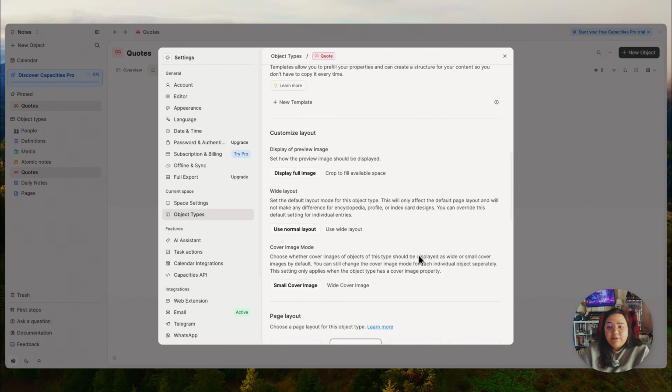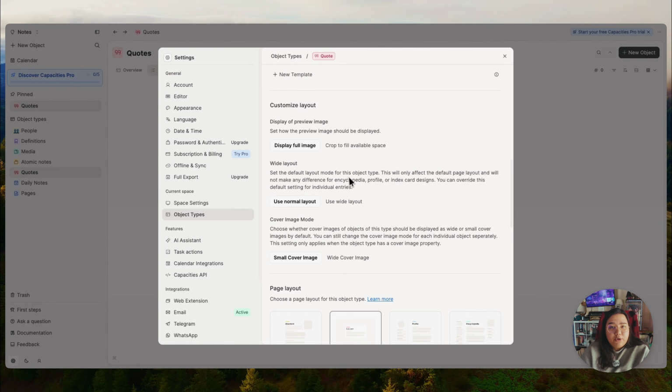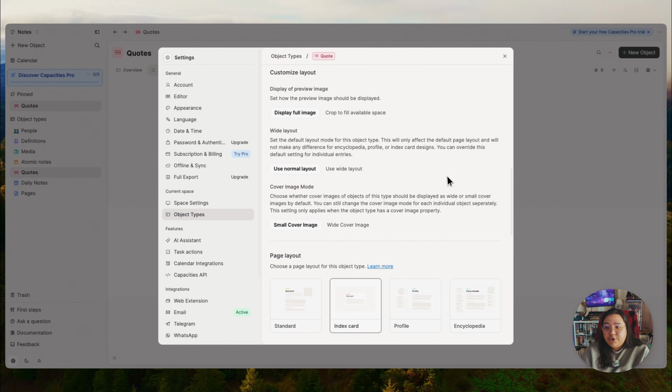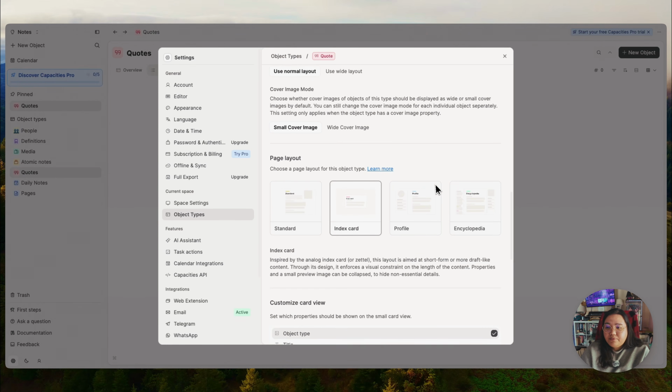And then you have a couple of customization options for images. You can either have the preview image be displayed fully or cropped to the available space. You can use normal or wide layout on the note, and I will show you that in a second once we get to create a note. You also have the ability to choose small cover image or wide cover image, and then you get to